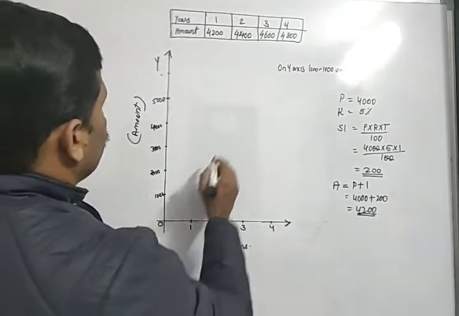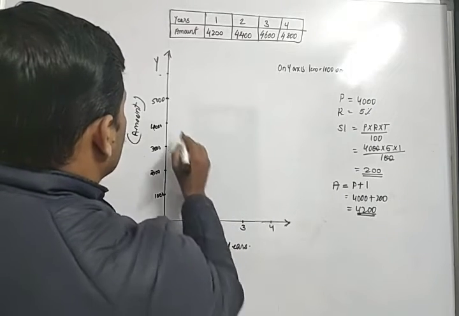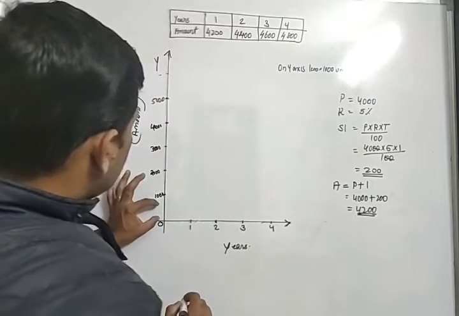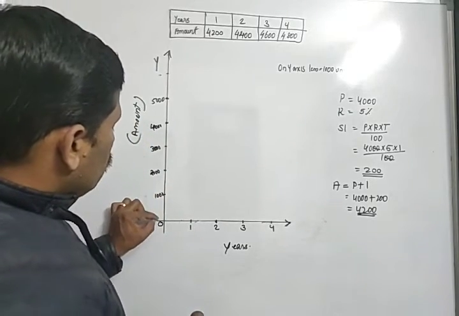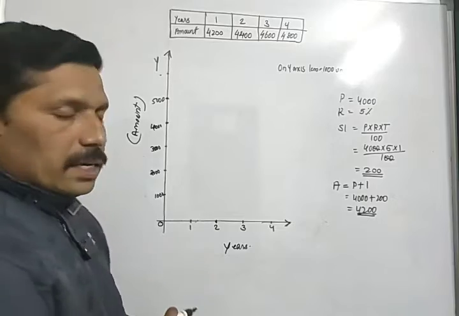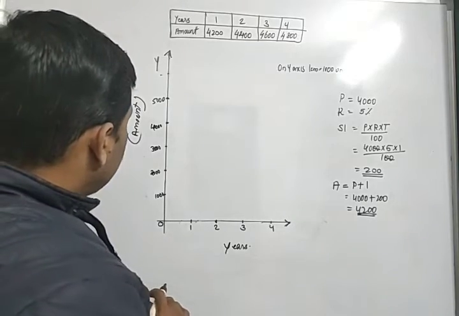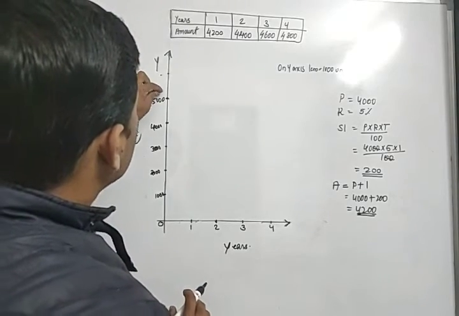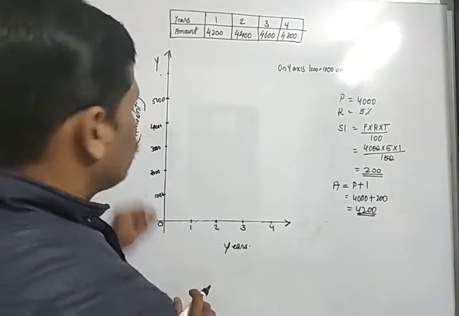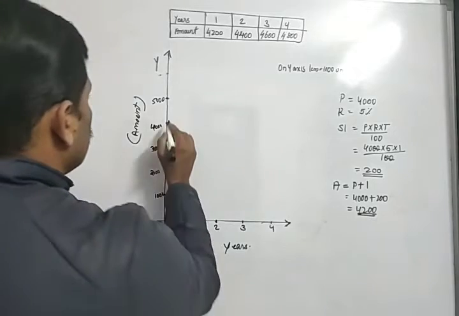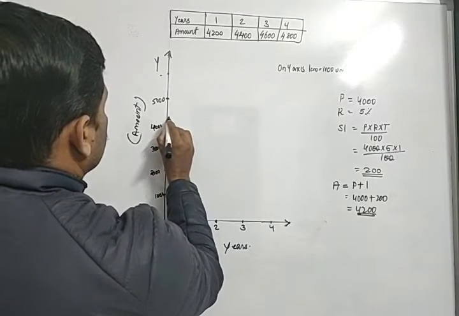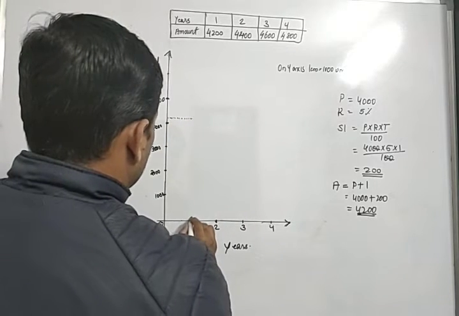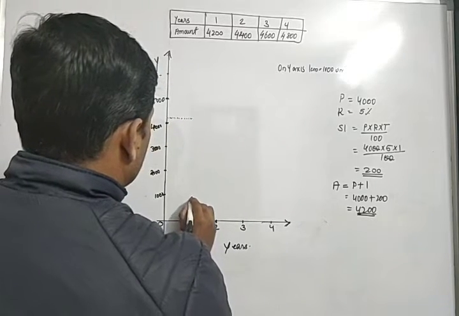Here you can see that for the first year the amount is 4,200. So as it is between 0 and 1, it is 1,000. Therefore 1 millimeter represents 100. Therefore 4,200 means after 4,000 we have to take 2 millimeter. So I will take around here, and from here also extend these dots,